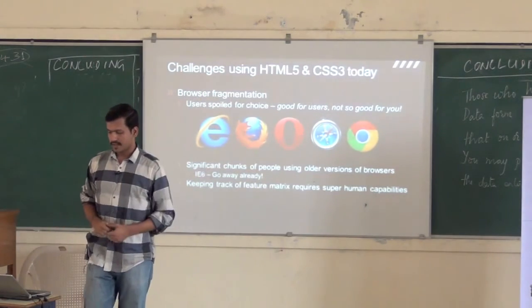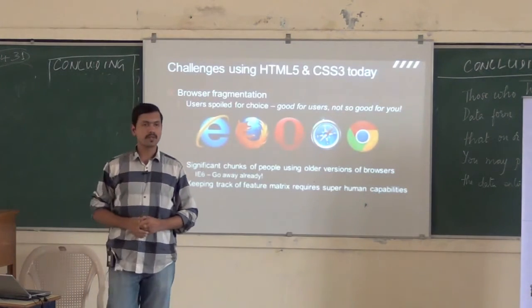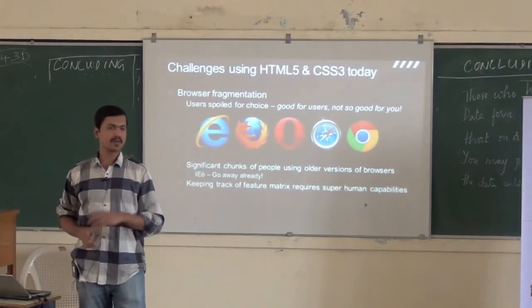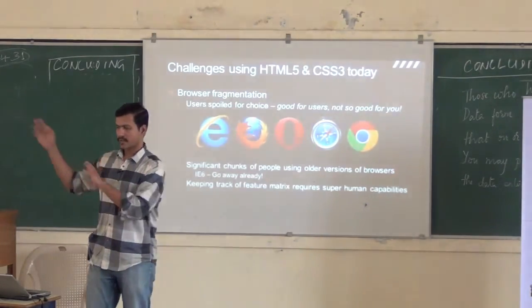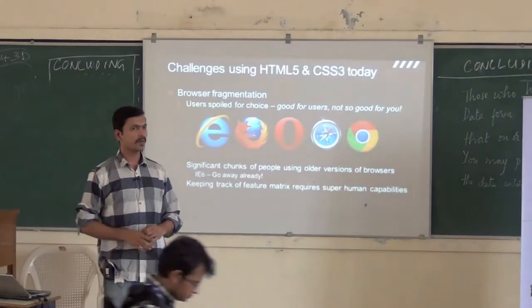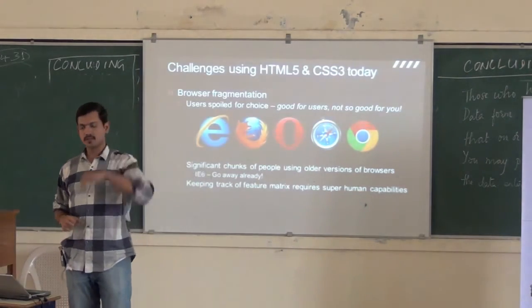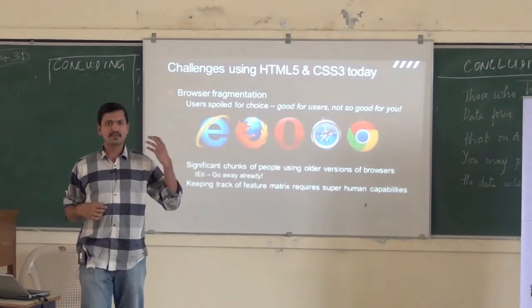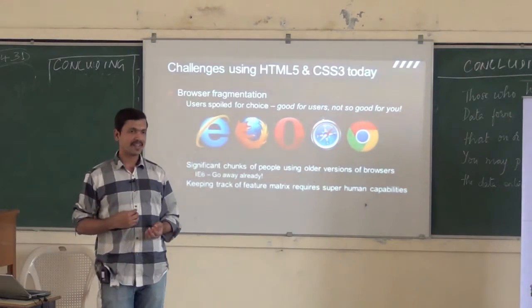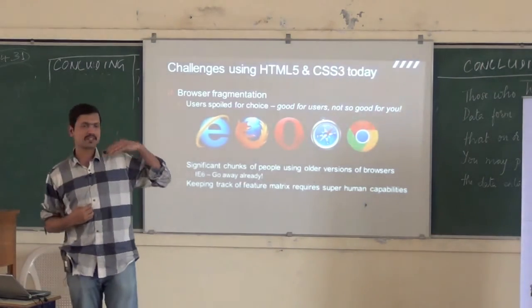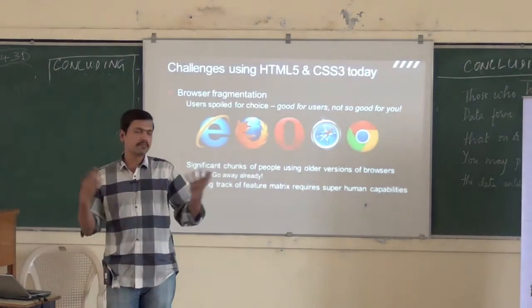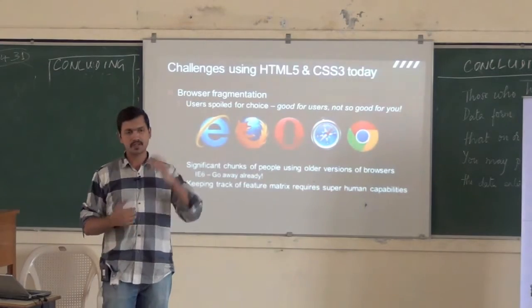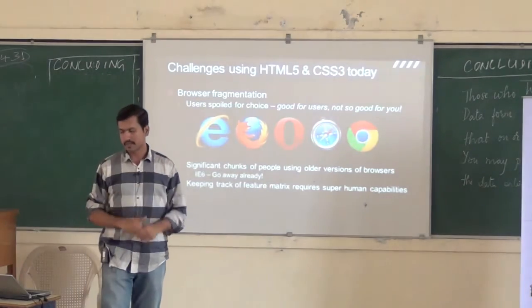All these browsers are there. Not only do we have to worry about different brands of browsers, we have to worry about different versions of browsers, right? So it's not just supporting IE, Firefox, Chrome, Safari, Opera, and so on. It's also about specific versions of those browsers, right? So IE6 just doesn't go away, right? It's been there for such a long time, and can we just completely ignore it? Maybe there are scenarios where we can, maybe there are scenarios where we can't. The fact is, it's not completely gone away.